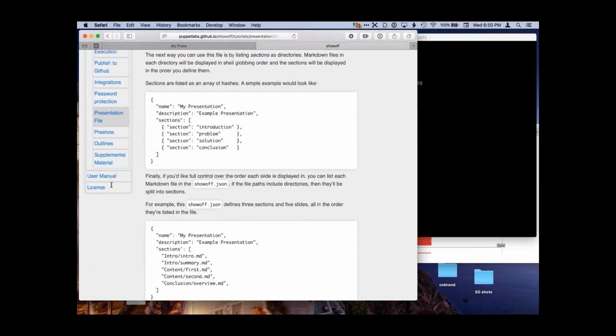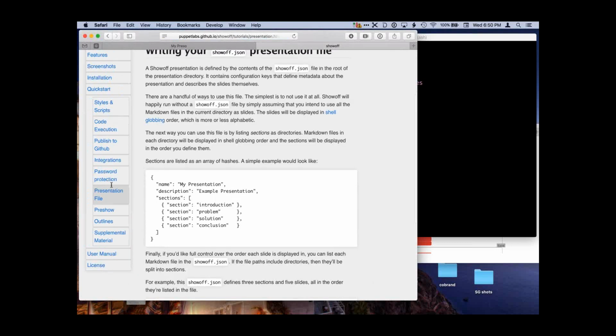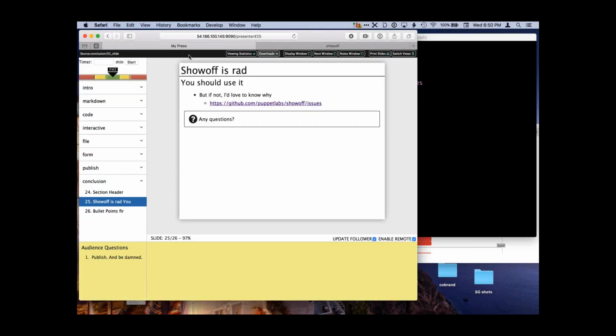Other than the quick start, maybe the most interesting one to somebody getting started is what goes into your showoff.json presentation file.